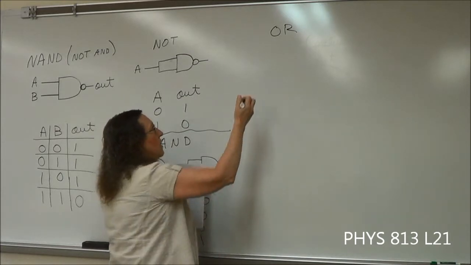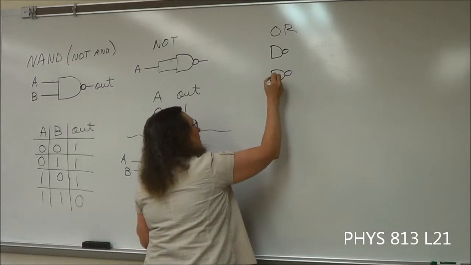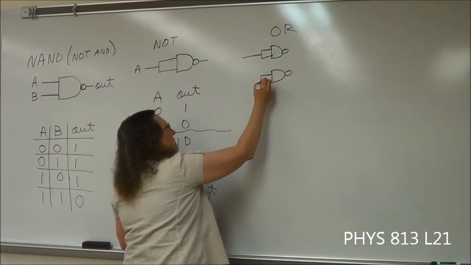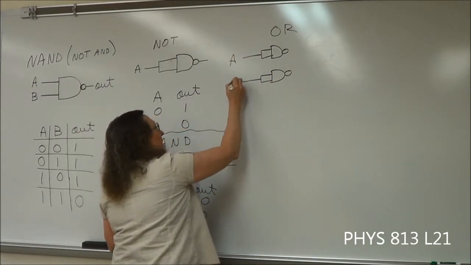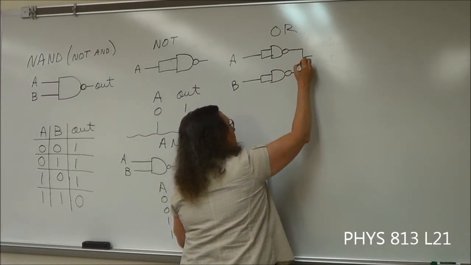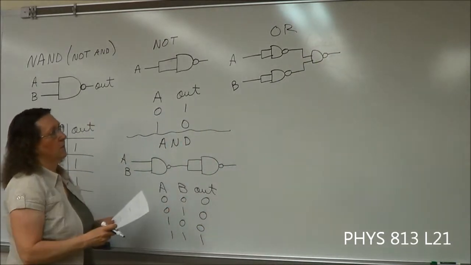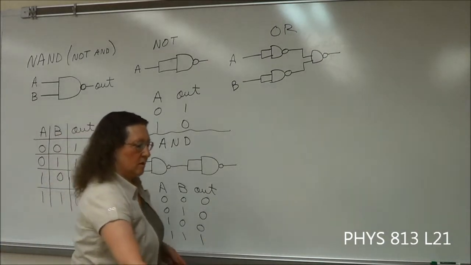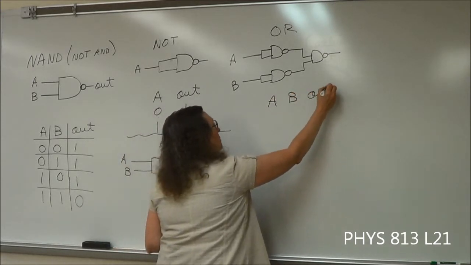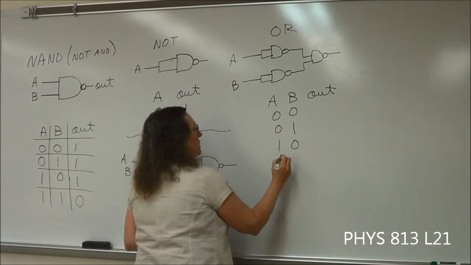Now this one's a little more complicated. So we have a NAND and another NAND, and both of these have double inputs. So we have A, B, and then the outputs of these two go over to another NAND. Okay? So we're going to have our A and B out. So we have 0, 0, 0, 1, 1, 0,